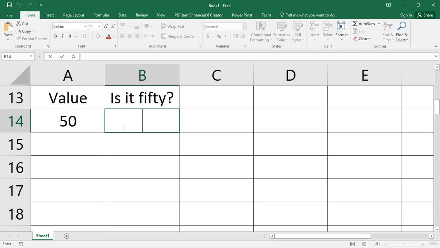Your client does not know whether you put a count if function, a summation function, or an if function. The client just needs to see it is 50 if it's 50, and it is not 50 if it's not 50.